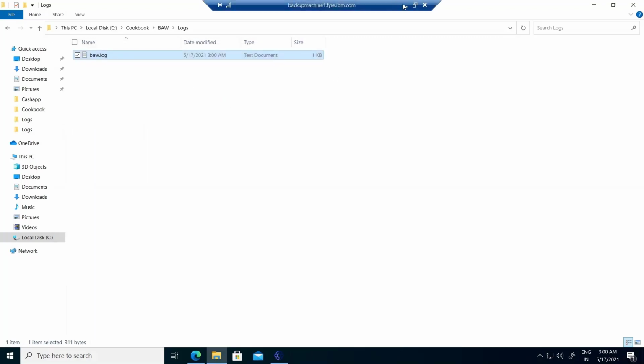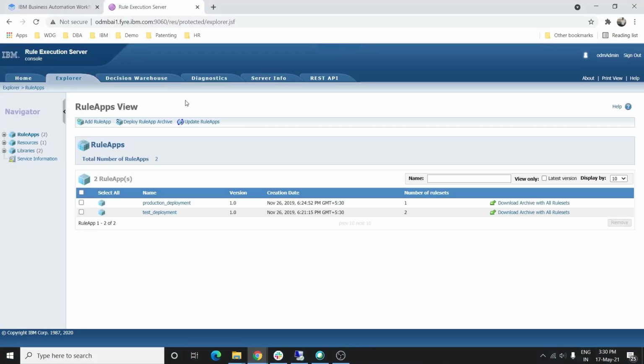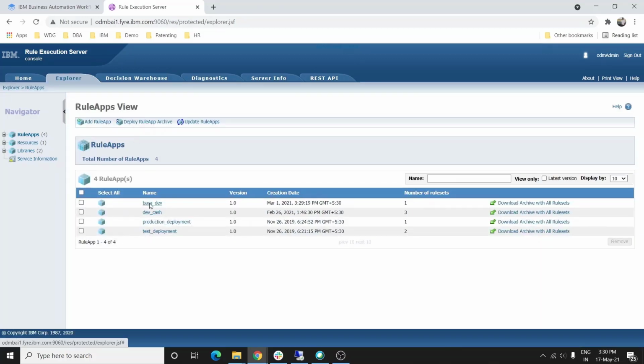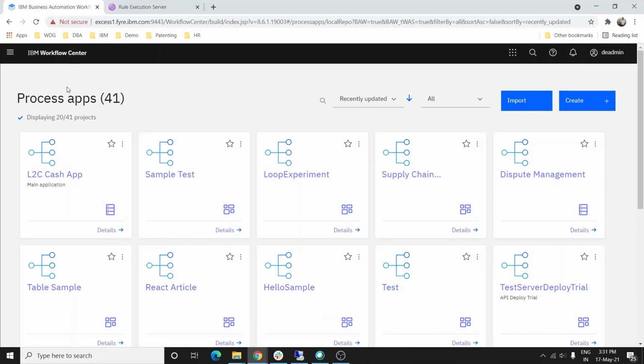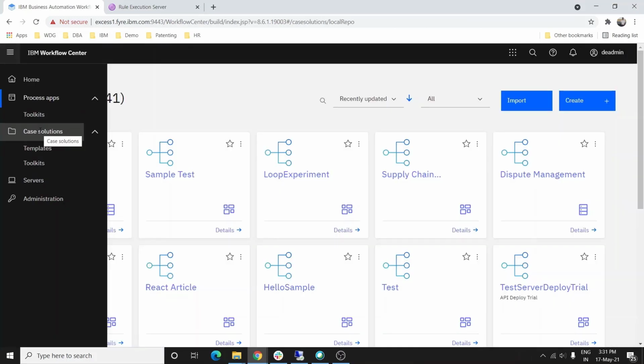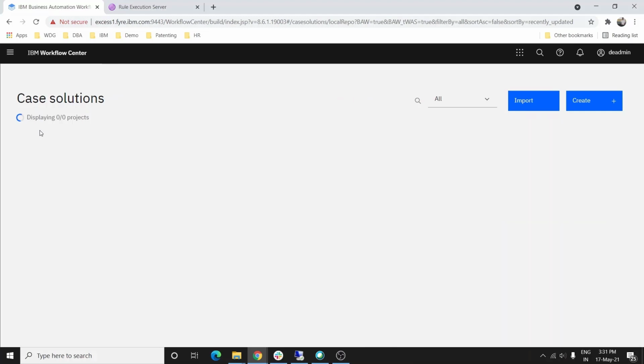So let's see in the actual environment. Earlier we had only 2, now 2 more should come. Yeah, we see these 2 have come, BakerDev and DevCache. And in the process apps also one more, this L2C cache app, has come. And the case solutions should become 7 from 6.